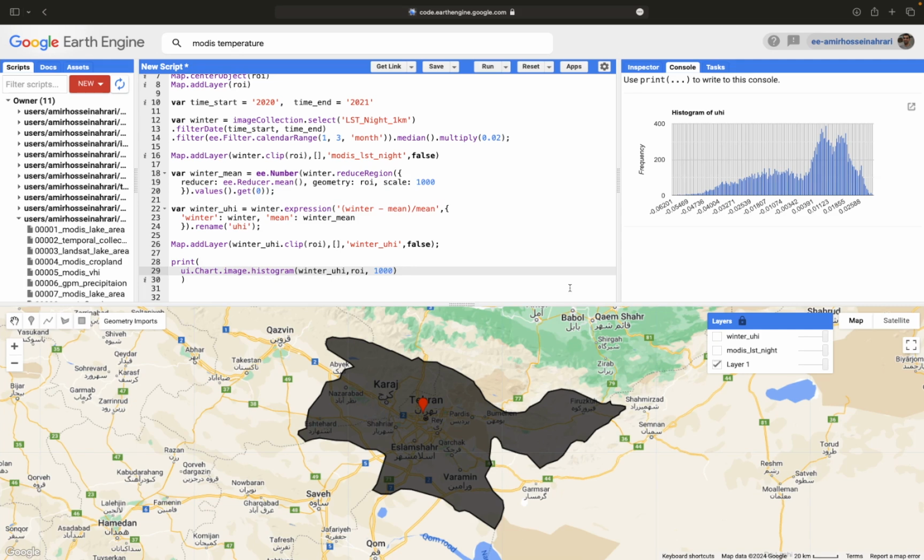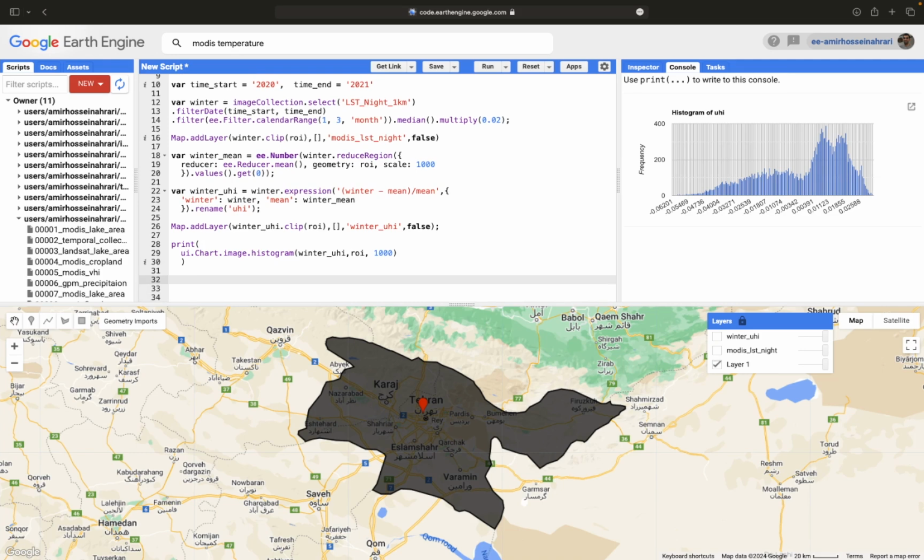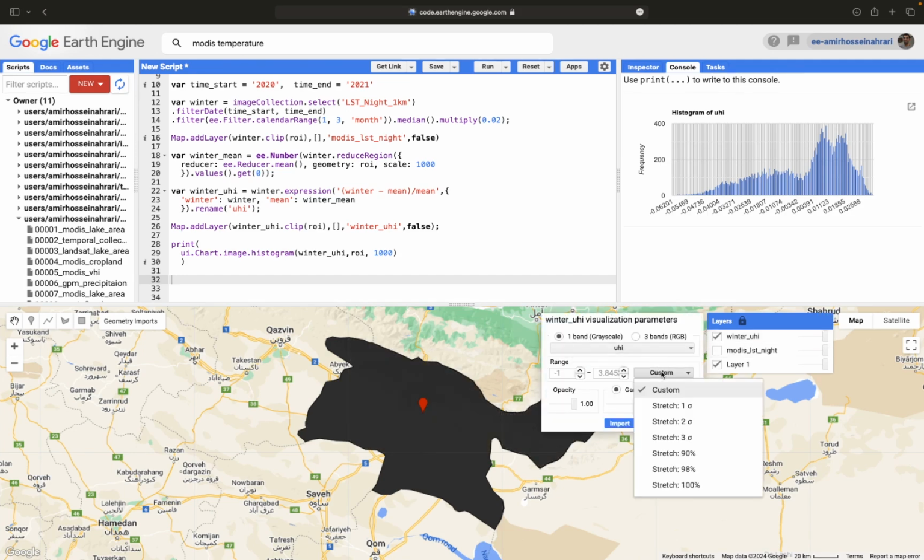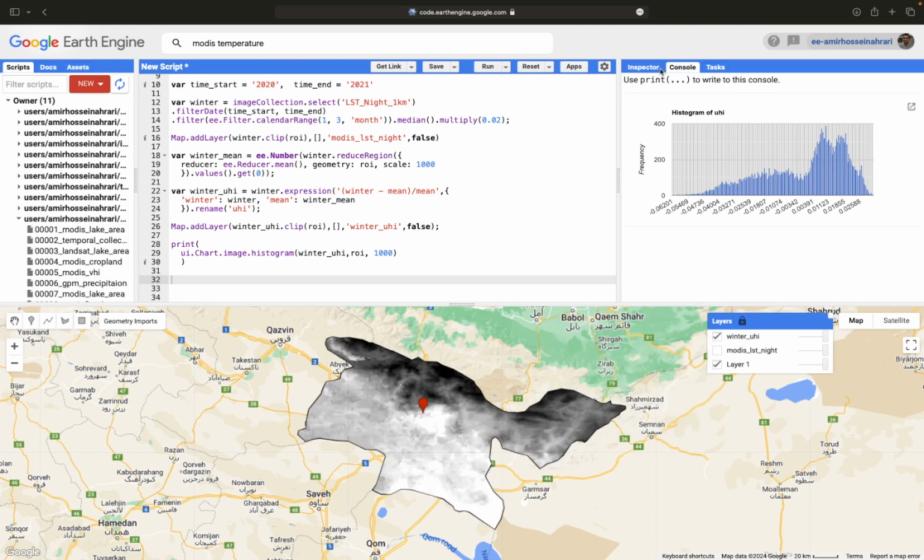It is common and typical, but to remove these noises, because we only want to focus on the urban area, to solve this challenge we can finally mask our image based on the region of the urbans, or mask the image according to the urban class available in the land cover maps, and I will show you how to do it. So now I'm going to show the winter urban heat island again, do the visualization